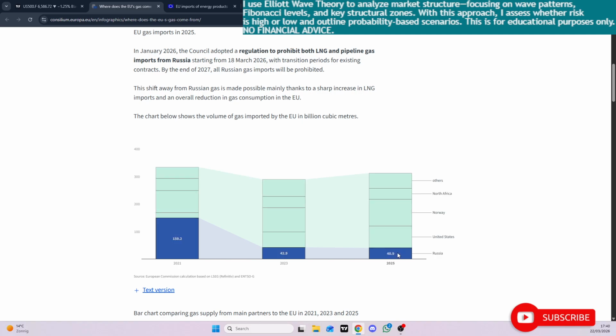So you can see it's not doomsday for Europe. It's already not relying too much on the Middle Eastern countries. I think this increased, if we compare it to here, from 41, whatever the unit is, to 56, due to the decrease in Russian supplies. But if we take a percentage on this, it's still not a major stress point. If the Middle East explodes, Europe won't be without gas.